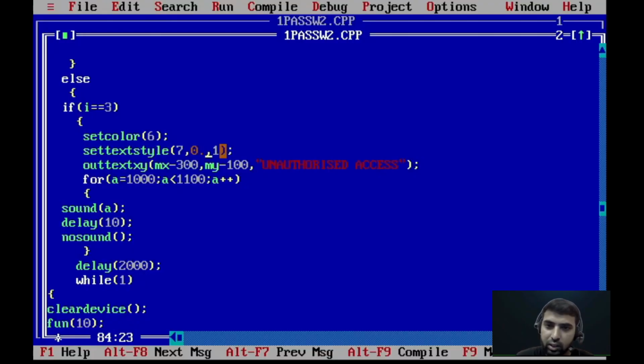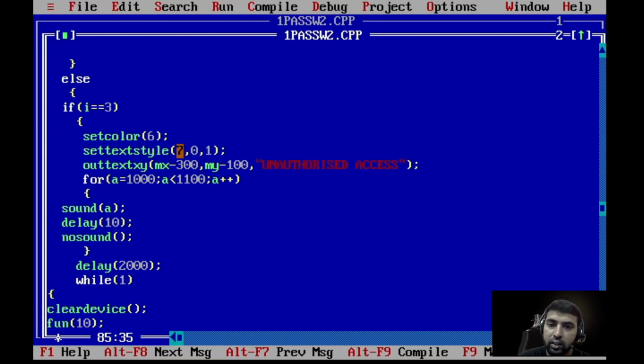So 0, either 0 or 1, this is a direction in how our text will be displayed, horizontally or vertically. This is how it will be displaying. And the 7 is something called font, how the font should be. And this one is the size; I had given one size. How much size we should define. I'm giving a calculation here because this is the place